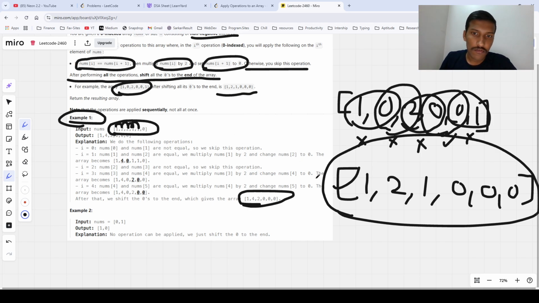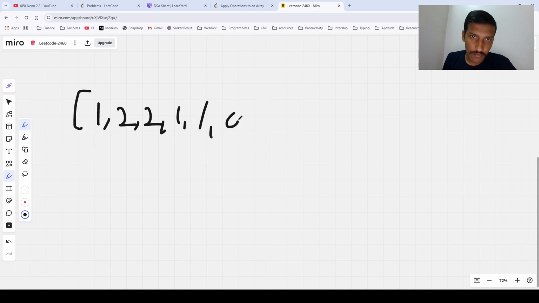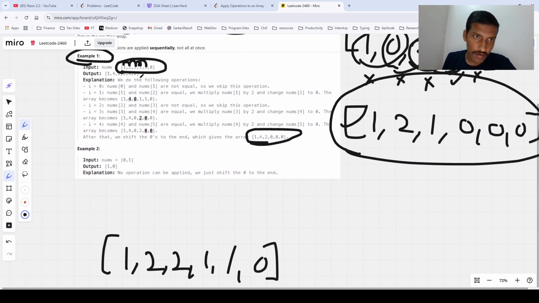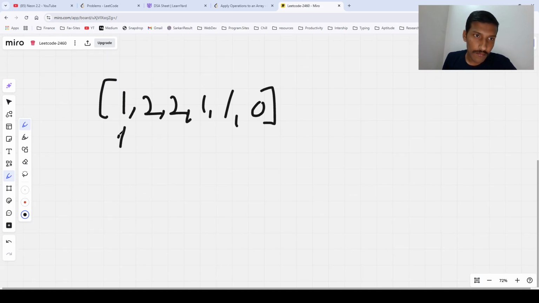So our approach to solve this problem will be a two-pointer approach, in which basically what I am going to do is compare these two pointers and increment according to their need. Let me compare 1 2 2 1 1 0. So the starting pointer should be here and the ending pointer is just next to it, and we are just comparing if the array